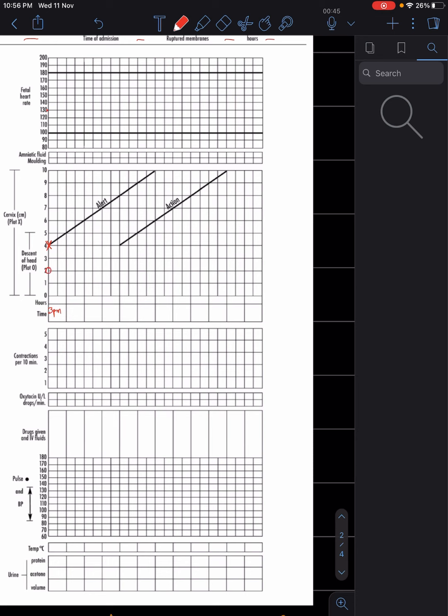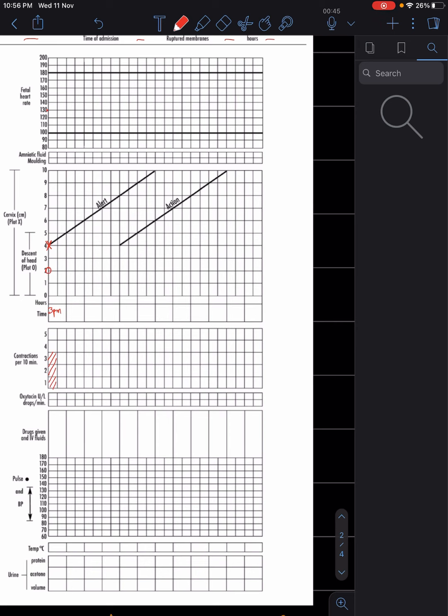So this is how we'll do. And her contractions are moderate, right? So these are 3 contractions per minute and they are moderate. So we can plot this. We're not starting on any oxytocin. We don't need to. She's going in a very spontaneous, absolutely normal labor, so we don't have to do anything about the oxytocin.